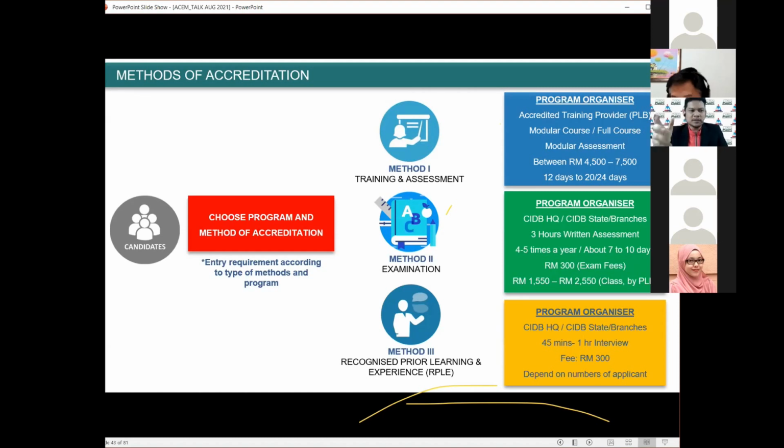We made a presentation and approached CIDB to conduct method 2, where we became the organizer at that time. So we conducted method 2 in November 2019, the first time, and then the second time in June 2020, and then somewhere in September and November 2020, and last February 2021, method 2.